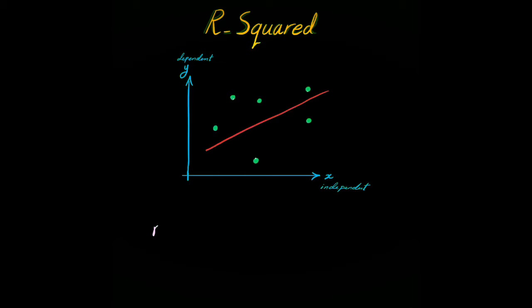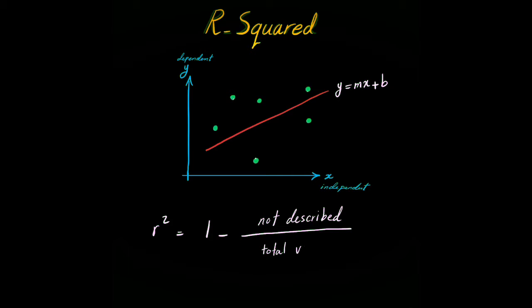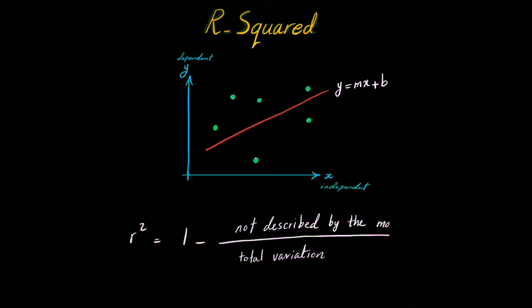the R squared is 1 minus what is not described by our model, which in this case is a line, it's a linear model, over the total variation. So the variation that is not described by the model